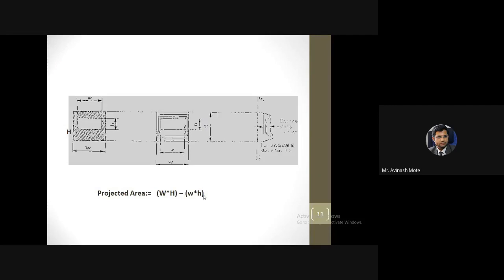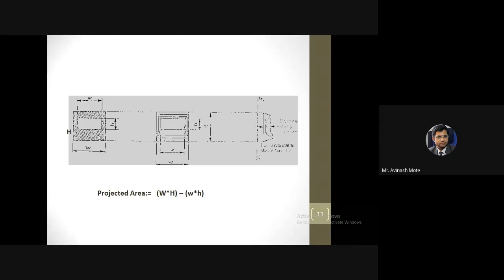So here was the simple example. Look at the first one only. At the start there is a rectangle of width W and height capital H, height or width you can consider, and internally there is a cavity. So effectively, this crisscross region is the only effective area. Here only we are going to apply the pressure. So that is the projected area.